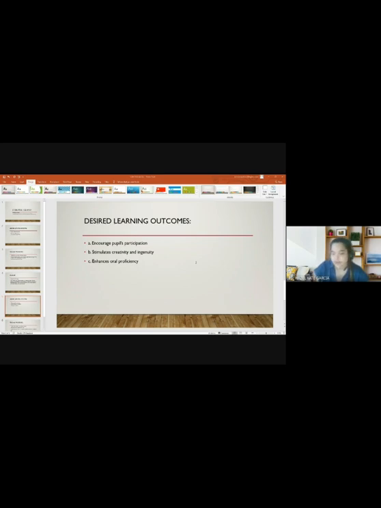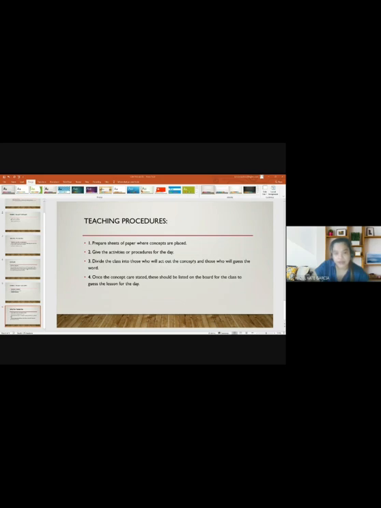Just like all the teaching strategies that we have, we need to have a procedure on how to effectively demonstrate this strategy, and that is our teaching procedures. There are four teaching procedures to effectively demonstrate this charade strategy. And the first one will be